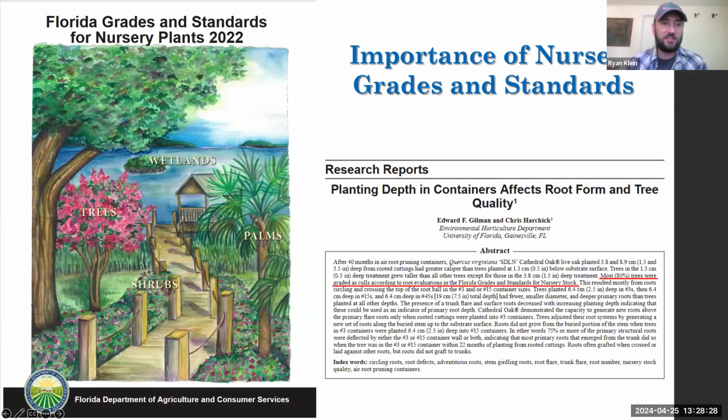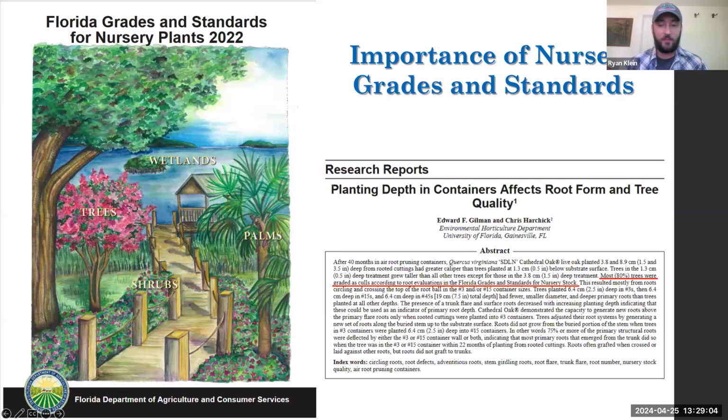So, as far as quality of nursery stock, we talked about the below ground portion. There's also the above ground piece, as far as what the structure looks like. But we have grades and standards here in Florida. It's not mandated. It's a recommendation system essentially. But there's 4 tiers: Florida Fancy, Florida #1, Florida #2, and a Cull. And for the most part, there's no reason why we should not be planting Florida #1s and Fancies. It's recommended in a lot of municipal codes, but unfortunately, it's not always enforced.